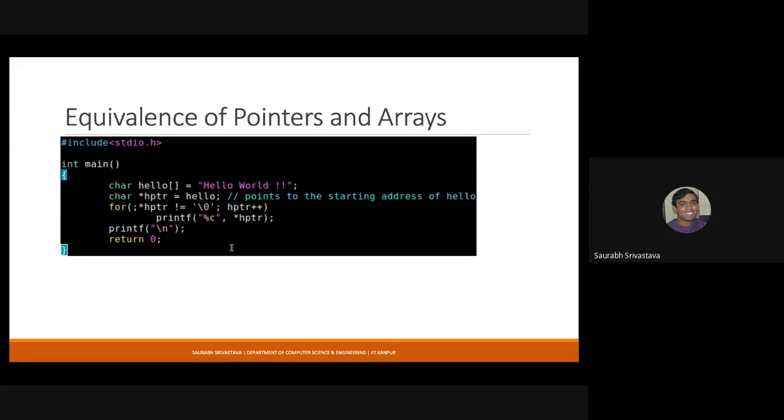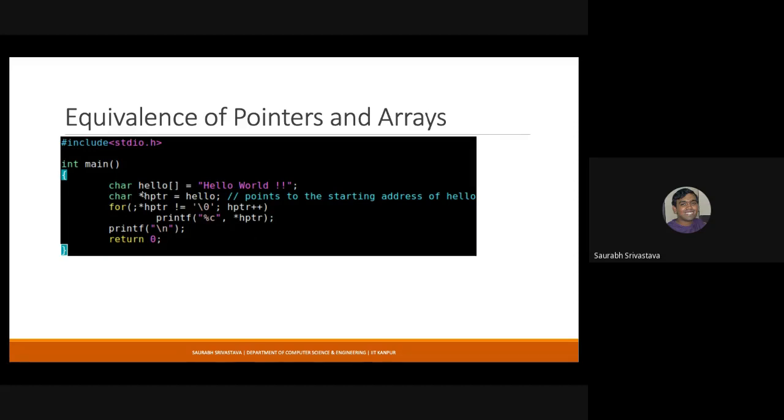Now, one of the things that is often very confusing, but is actually a very straightforward concept, is the equivalence of pointers and arrays. This is sometimes even more confusing when we are talking about character arrays or pointers to characters. In most cases, a character array and a pointer to a character can be used interchangeably.